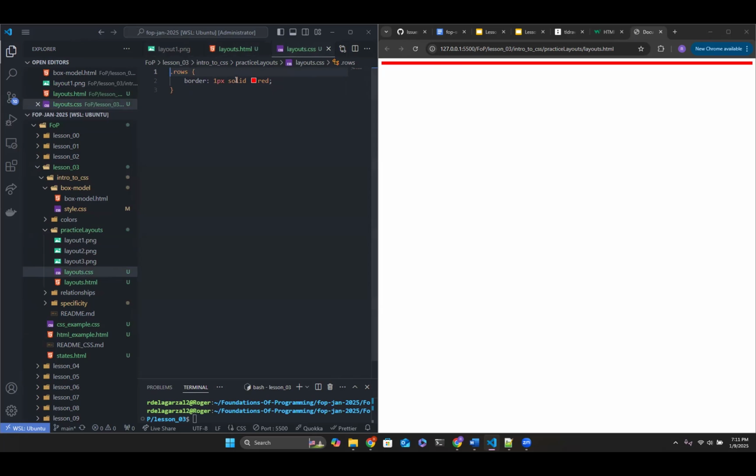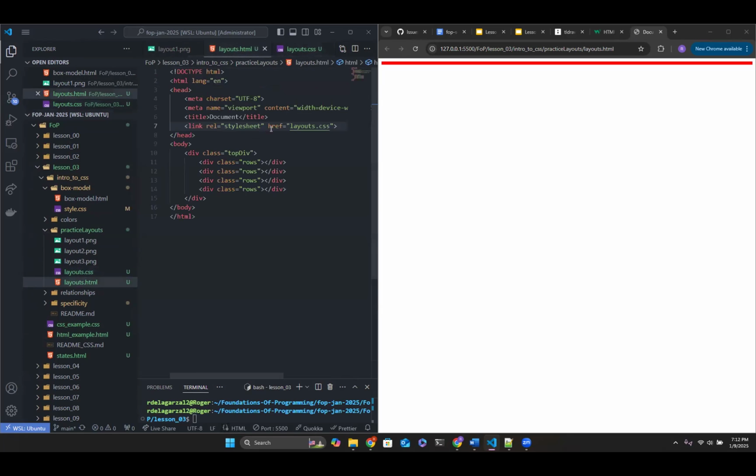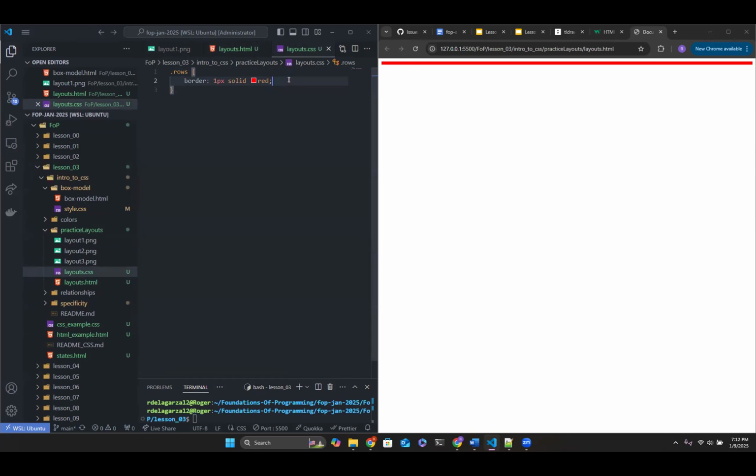Now it looks a little weird, right? Because right now there is no height to these divs. Before, when we were adding styling to the different elements, those elements had text. So by default, the elements took the height and the width of the size of our font. But because there's nothing within these divs, it's kind of all crunched up. So let's add some height here. We're gonna say height of, because there's 4, I'm gonna say 25%.